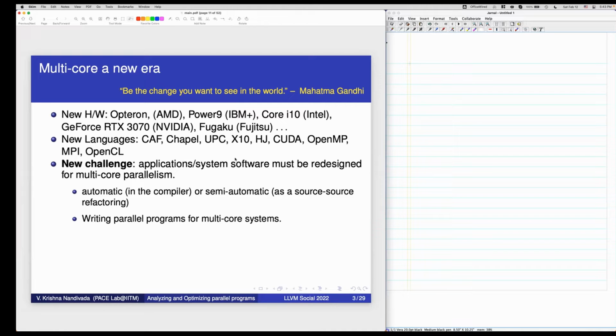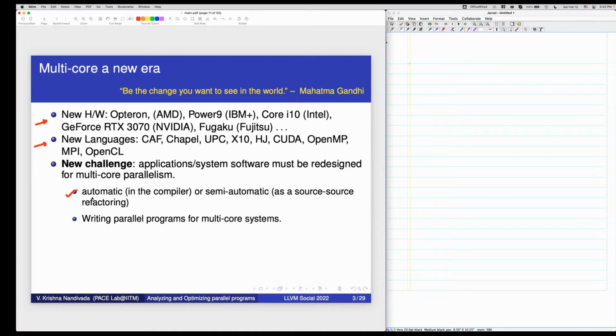So what are the new challenges when we have new hardware and new languages, explicitly parallel languages? The challenge is that the applications and system software must be redesigned for multi-core parallelism.